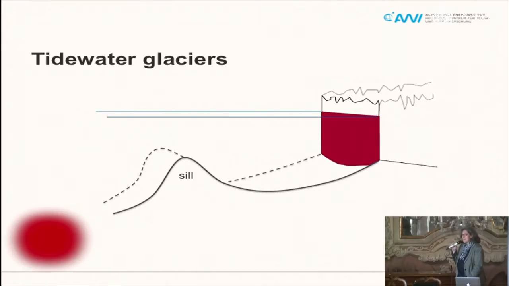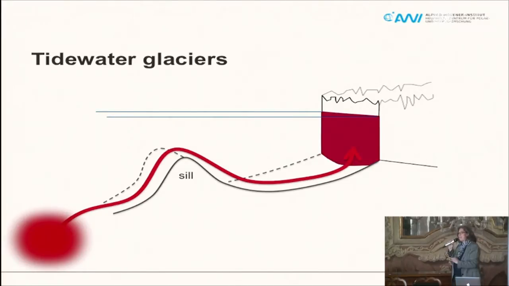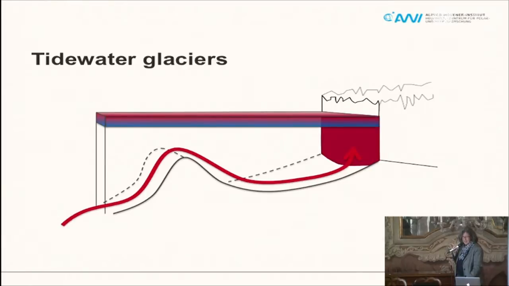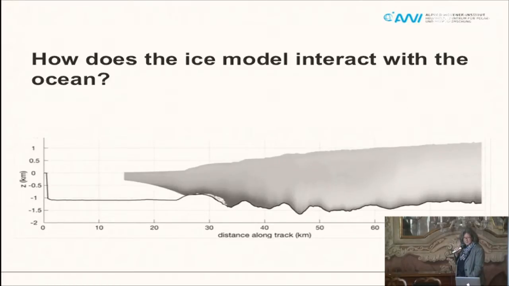But for the warm water mass, it's not always so simple to reach the glacier front, because often you have what the oceanographers call a sill. So you have a topography which needs to be stepped over by the warm water masses. And due to the changes in the circulation and in the wind patterns, these warm water masses are now pushed over the sill, and you can measure that the temperatures in the ocean are getting higher, and you can see the changes in the calving rates. So you do have a kind of circulation, an overturning of warm water here at the top, and this is what the satellites can also observe. So this is a basic mechanism.